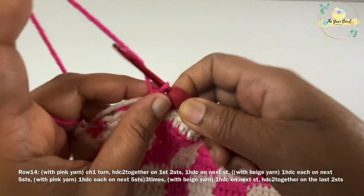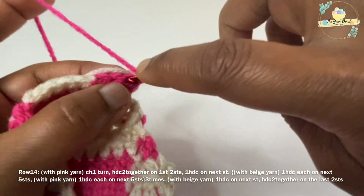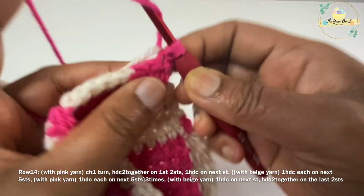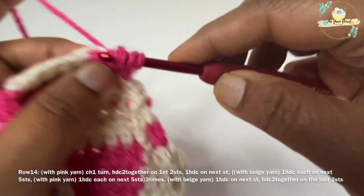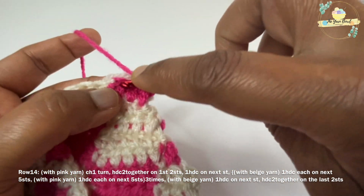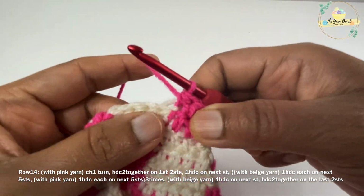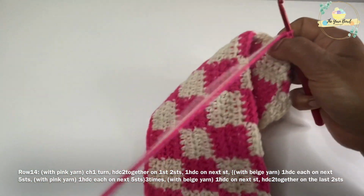So for row 14, I work with the pink yarn. I work a chain 1, turn, work along with your beige yarn, work half double crochet 2 together on the first 2 stitches, and then I work 1 half double crochet on the next stitch, and then change your yarn color to beige,